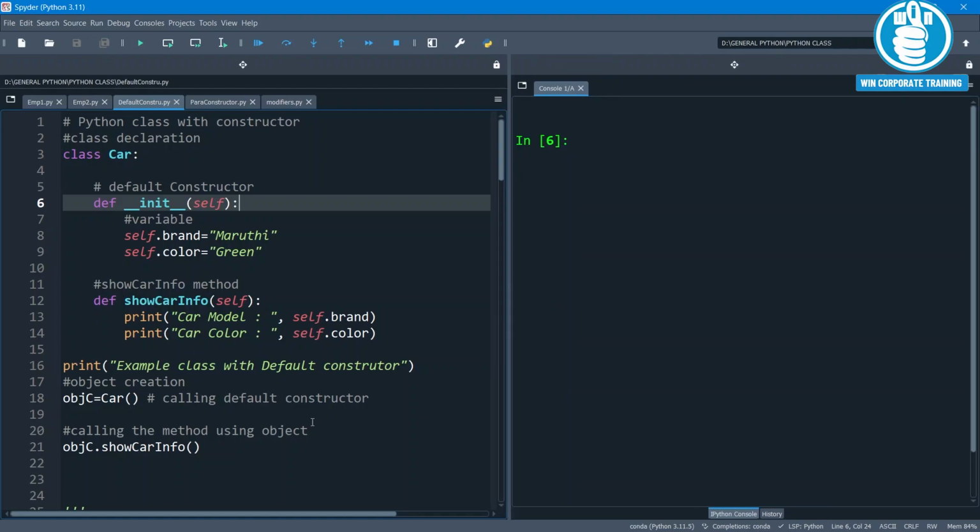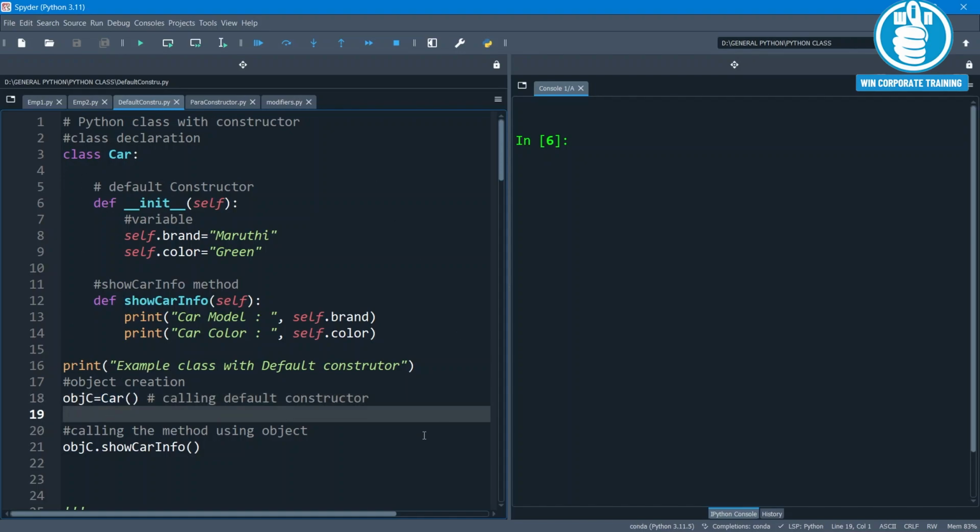So where exactly are we calling the constructor? Constructors are called implicitly during object creation. For example, in line number 18, I am creating the object. After the object is created, to initialize it, the constructor is called. So constructors are implicitly called.